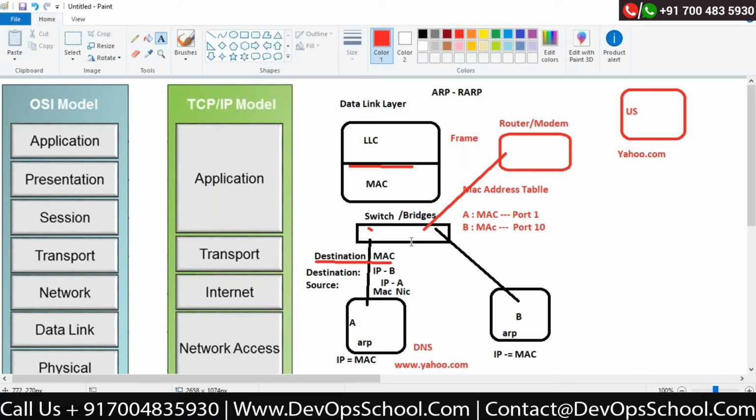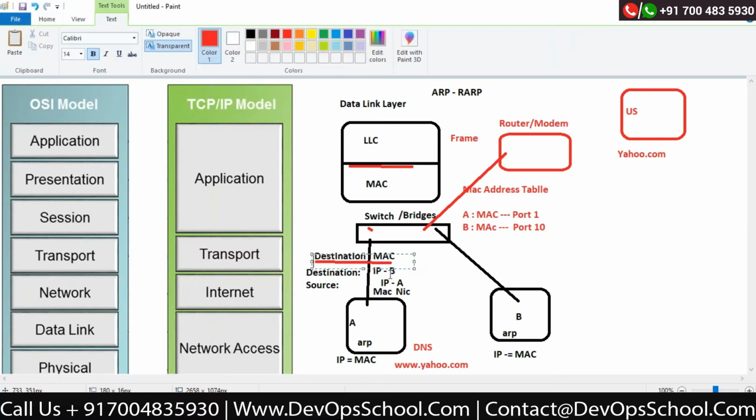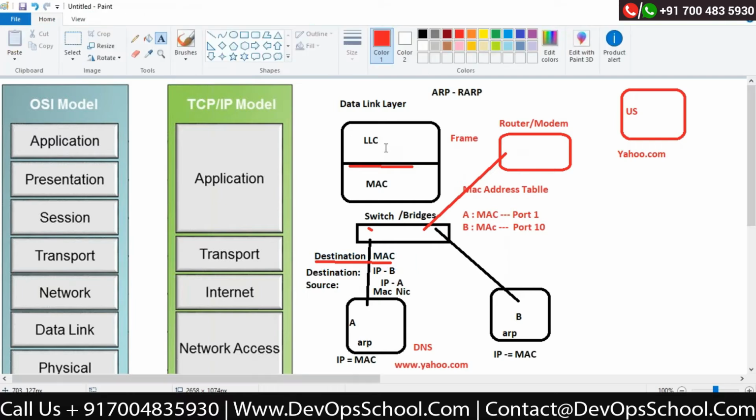That means it will remove this MAC address layer. Actually, it will not practically remove it, it will hide this MAC address and only post the IP address and send this data to the next device. Correct? So this is the function of logical link control: hiding the MAC addresses, pushing the IP addresses, and sending that request to the next device.